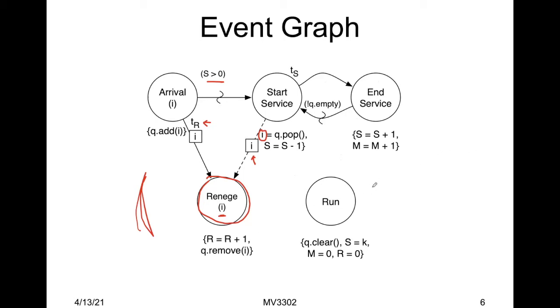And so if I look at the value of R, the number of reneges, over the number who have actually served, then I get an estimate of the percent of customers that I've lost due to impatience. And the impatience, I mean, depending on what system you're looking at,